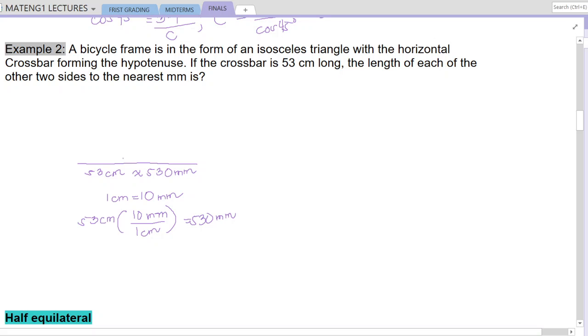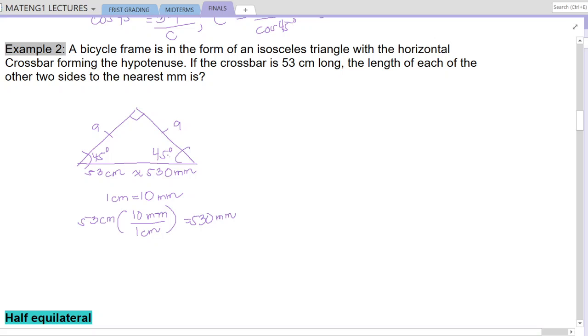Okay, so having that one, the hypotenuse lies at the horizontal. If we're going to draw the isosceles triangle, the sides here are equal, and this will be the 90-degree angle for that one. So we denote the sides, the unknown, to be A, and the hypotenuse is equal to 530 mm, and since that is an isosceles triangle, automatically that is also 45 degrees. The same with this one, that is 45 degrees.